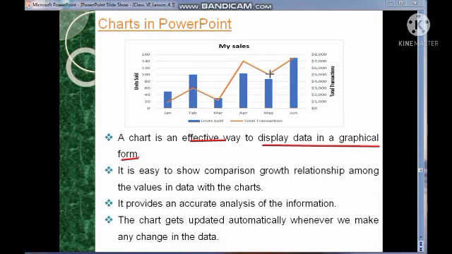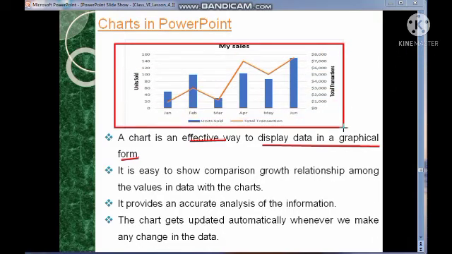You can see here different types of data displayed in a graphical format. One example of a chart I am showing in front of you. A chart is a graphical representation which can display the relationship between two or more data, and it shows the comparison, growth and relationship among the values in the data.